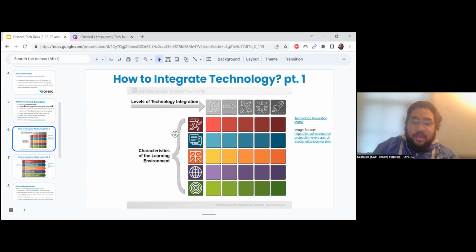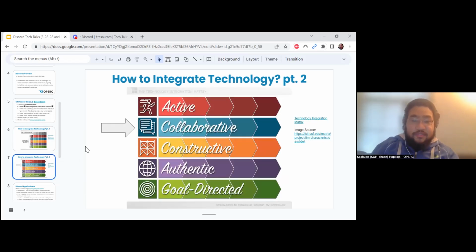And then there are 5 different characteristics of learning environment, and all of them have some level of independence and some level of interdependence here. But the 5 characteristics are active, collaborative, constructive, authentic, and goal-directed. So these are the different ways that you can use the tool to enhance or transform parts of your classroom. And I want to highlight one of these characteristics that I think Discord really lends itself to, which is the collaborative